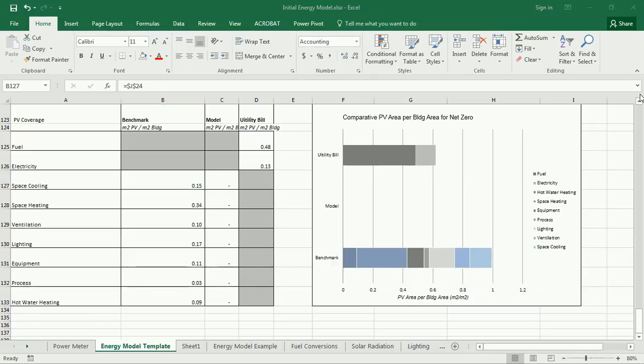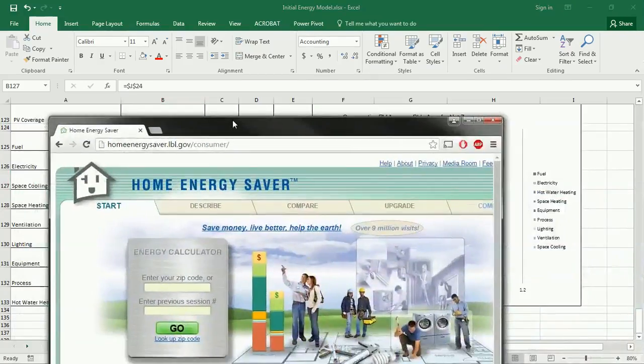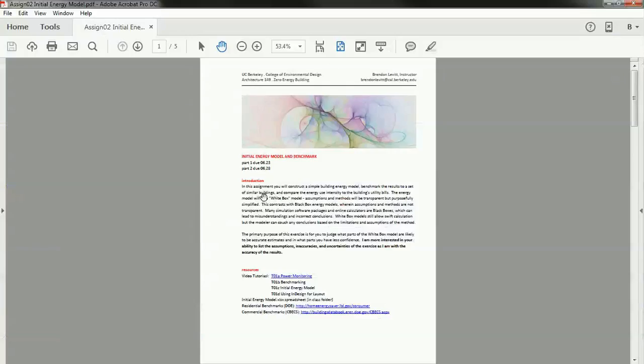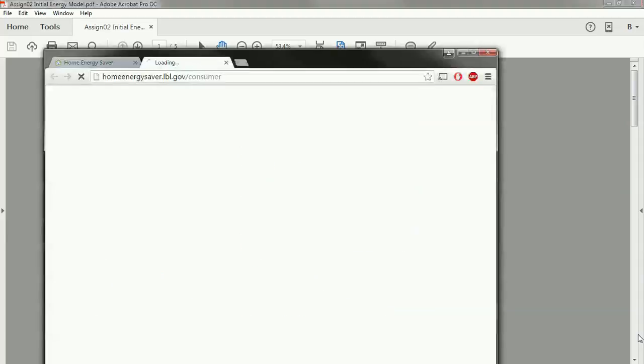So we have one more topic to cover, which is residential energy use. And actually I should go back to the original assignment here, and you can see I've got some residential benchmark, a link to residential benchmarking website, which is this site hosted by the US government again. And this works slightly differently than the commercial website. And I wanted to include this as a different thing so you could see the